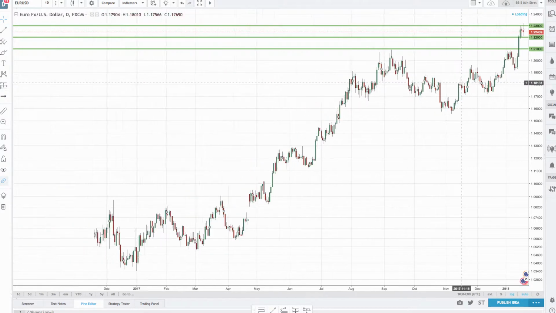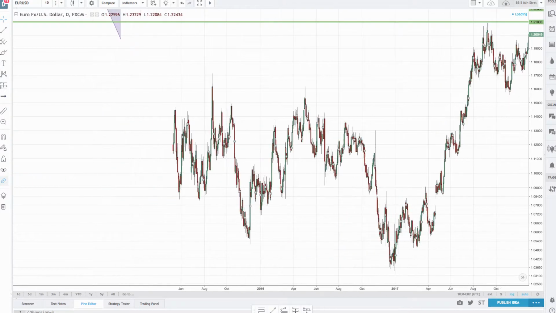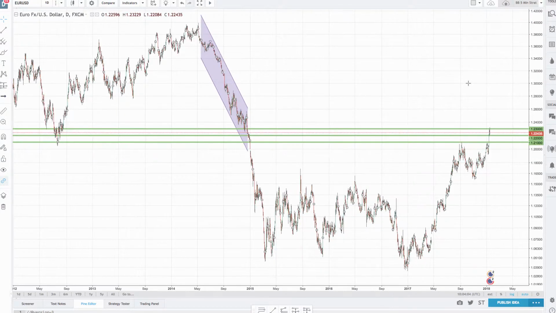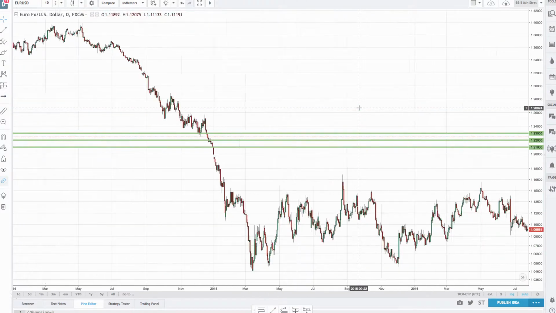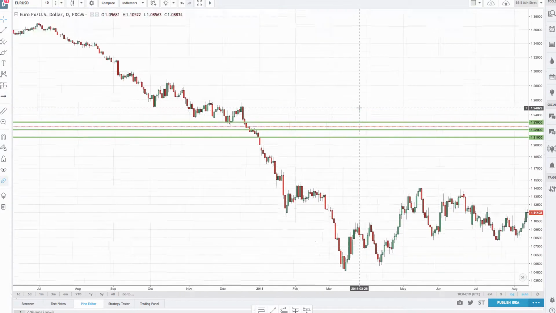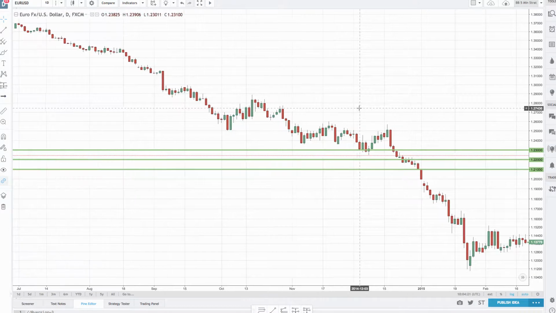Now, EURUSD is trading quite high, higher than it's done for a very long time if we go back. It hasn't been trading this high since 2015. But the interesting thing you'll see is that we've drawn these levels, these horizontal lines at these major price points, these major round numbers. And if we go back and have a look at this, back in 2015,